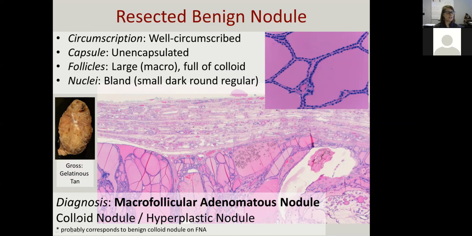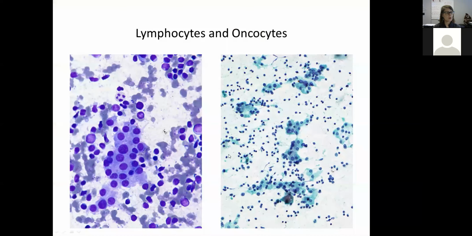So this, in fact, is a colloid nodule. Some might call it nodular hyperplasia. Some might call it macrofollicular adenomatous nodule. These are all benign terminology that probably corresponds to colloid nodule on FNA. All right. The next one is